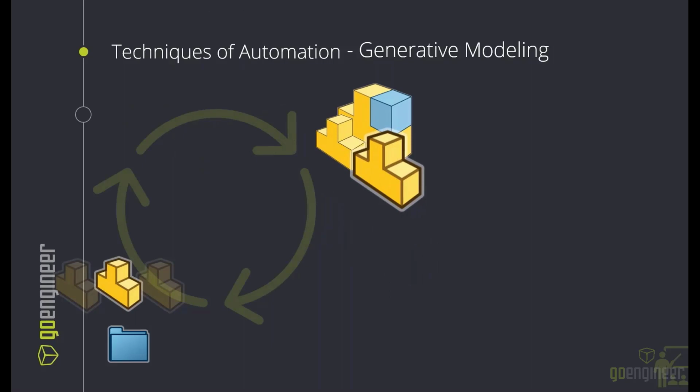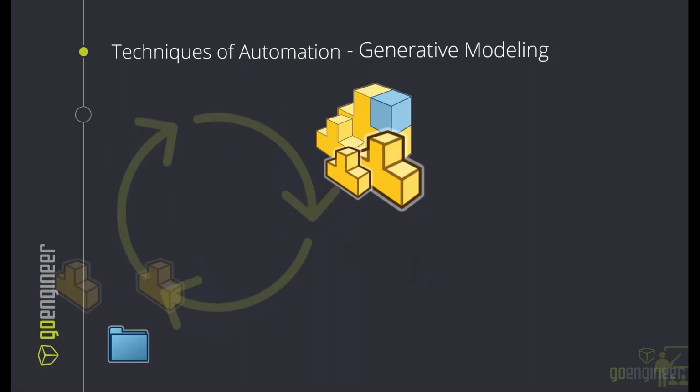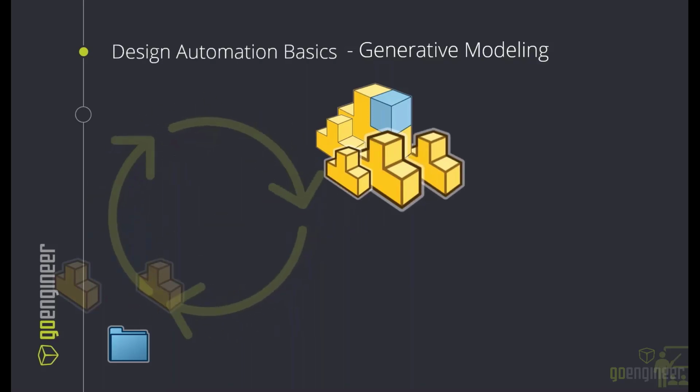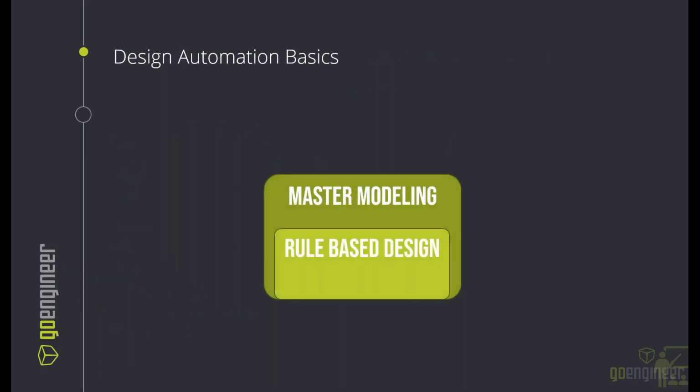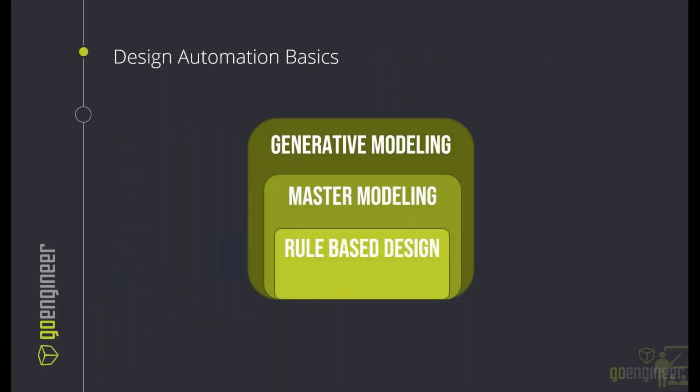And we can even loop these tasks as well, inserting the same components or different components over and over again, sizing and scaling those until we tell our loop to stop. So very awesome capabilities here with generative modeling that makes master modeling, the limitations of master modeling, well, really limitless. So we have rule-based design and master modeling. Now we have this third sort of umbrella, generative modeling, where we can use both master modeling and rule-based design